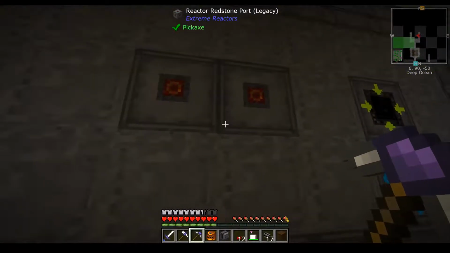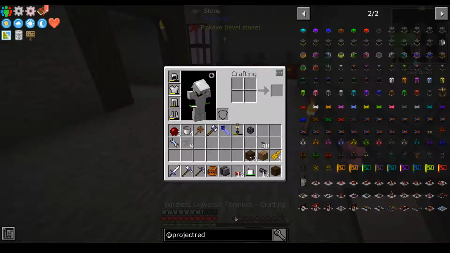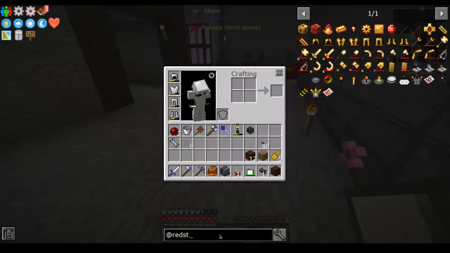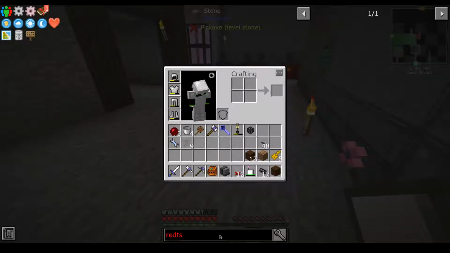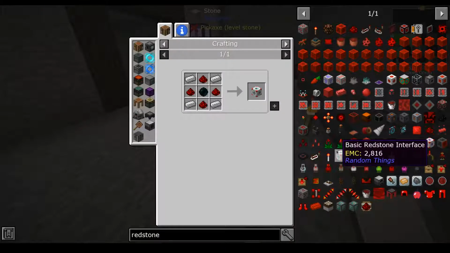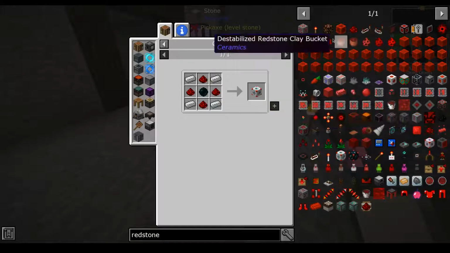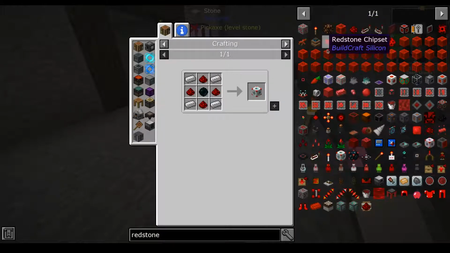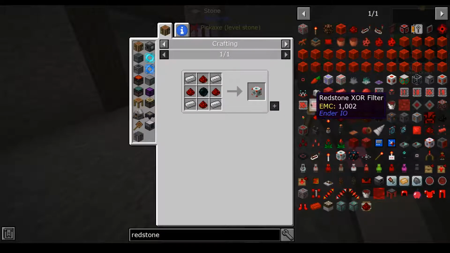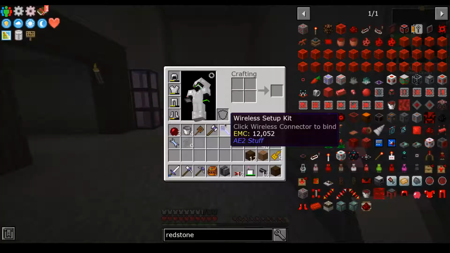But they are not connecting. So I wonder if there's like other redstone signal things I could do. Redstone. Maybe it's this. I don't know. I will have to play with it because it's a cool thing to set up. We don't especially need it though. I mean,